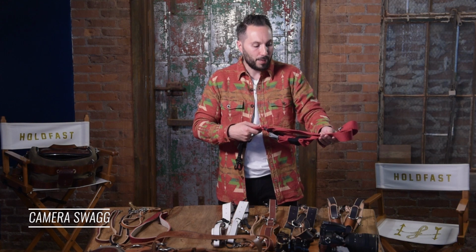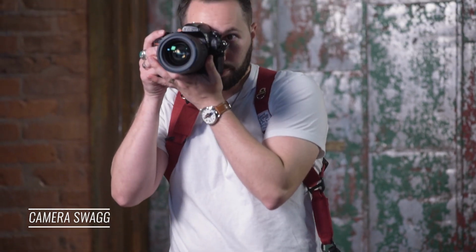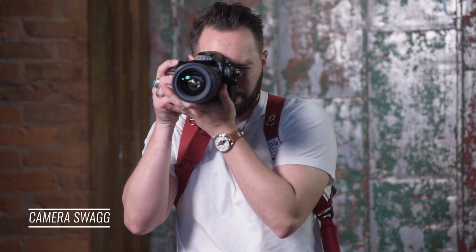So this is a cotton canvas version of our original Moneymaker. It's the same design, it's actually using the same hardware, but it's just not leather. As you can see, it's a cotton canvas weave, and this is kind of cool because it's a breathable option of our Moneymaker, and it packs up pretty small and it's pretty light. So if you want just a lighter option, so if you travel light, you want to pack light, or you don't use leather,